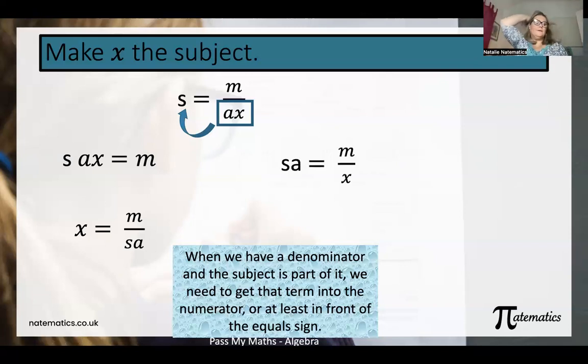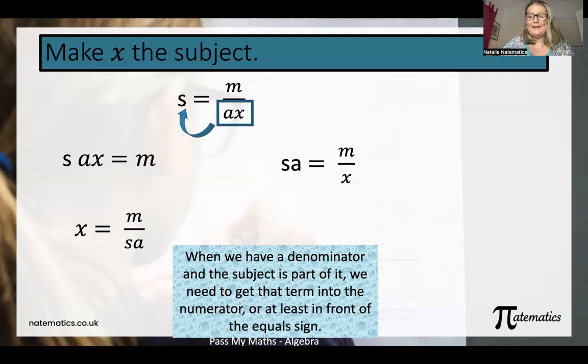Now, what I could have done is said, well, let's just multiply both sides by a. I'm going to do that step first. So I'm just going to do the a. So I end up with SA equals m over x multiplied by a, so it's gone. And then to get x on its own,